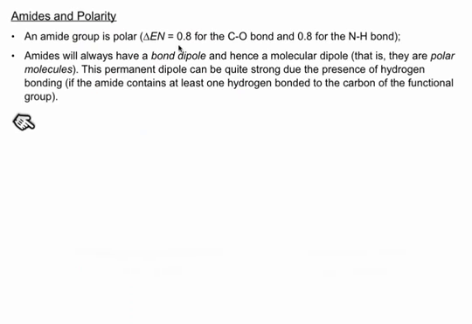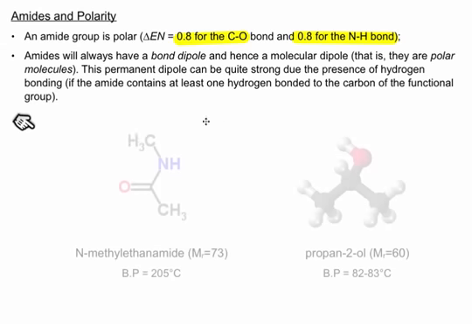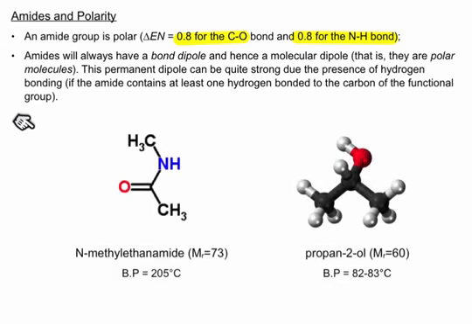Amides in polarity. Well, again, polar with 2 components to that functional group that are polar, so that C double bond O is polar, and the NH bond is also polar. So amides will be polar molecules, and they can have quite a strong or high boiling point because they have these 2 components that have the capacity to form intermolecular forces, and one of which is hydrogen bonding, and that's from the